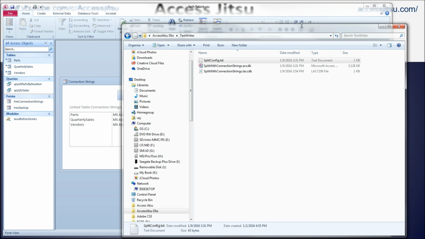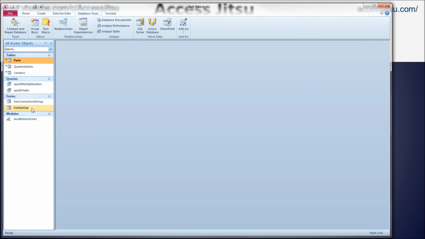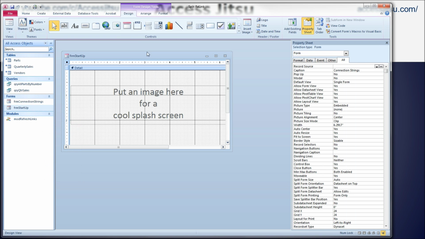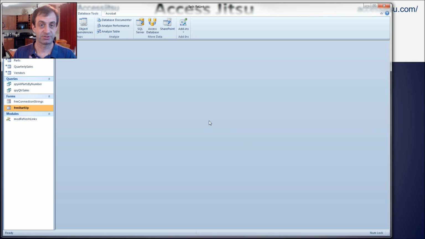So now, the next time we would run this code, we shouldn't get that dialog box, right? It should just run right through, and it should say it can find the table, and it should say relink successful and be done. I have this code in every database that I deploy that is a split database because